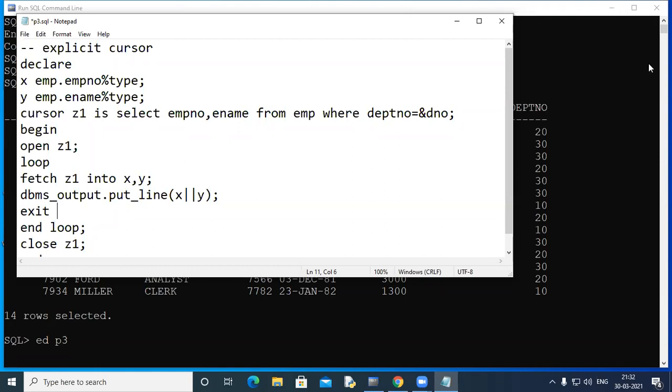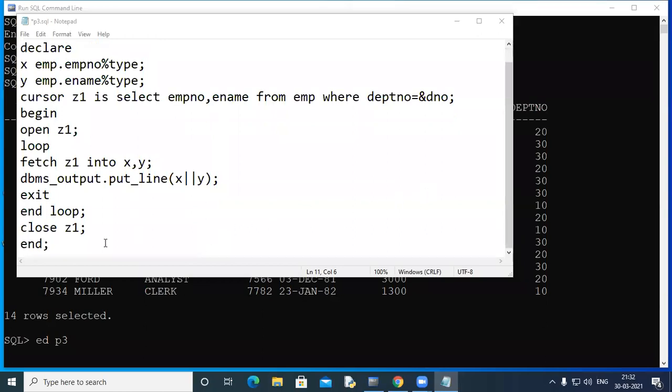Sejal wants to ask something. Yes, Sejal. Sir, I just wanted to answer the attributes. Okay, fine. Go ahead, answer. So percentage found, percentage not found, percentage is open, and percentage row count. Perfect. Very good. So these are the 4 explicit cursor attributes which help us with our explicit cursor.